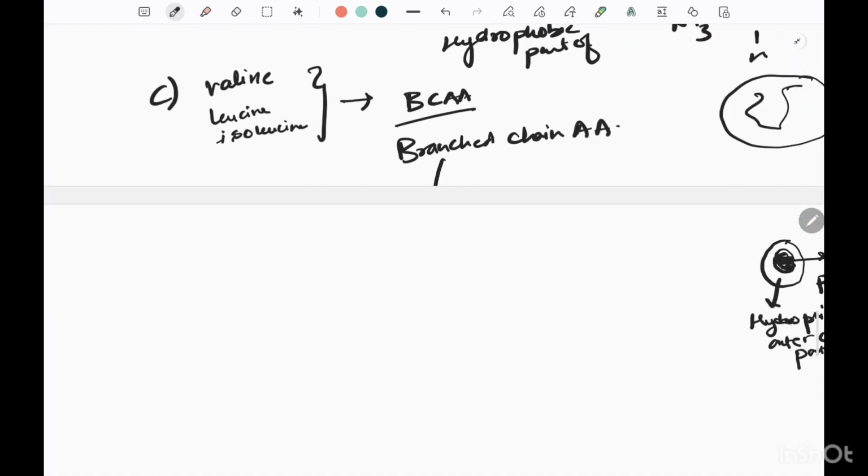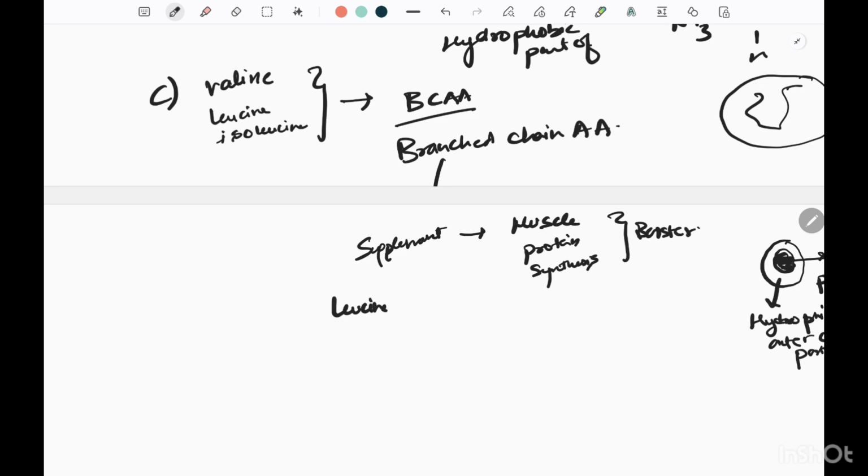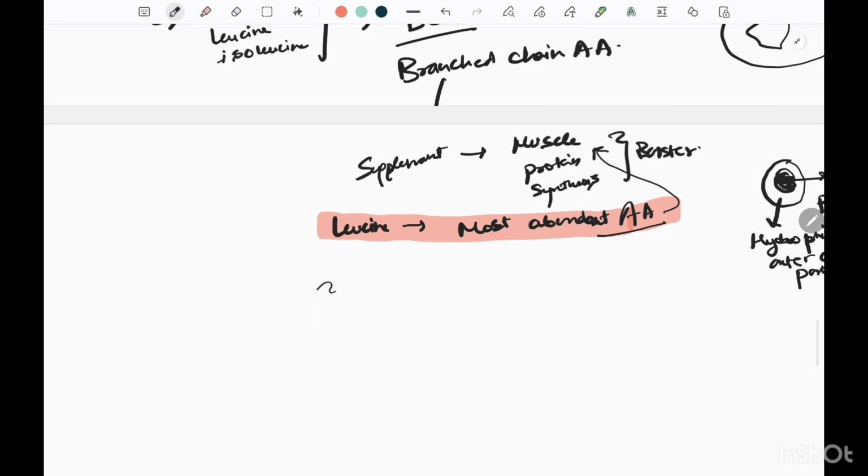Okay, and you must be knowing about the supplement industry. If not, these are labeled as muscle protein synthesis boosters, because leucine is the most abundant amino acid found in muscles. Again, remember this is an important part. Valine, leucine, and isoleucine increase muscle protein synthesis, which we are going to talk about later in this section. Just remember that. Okay,